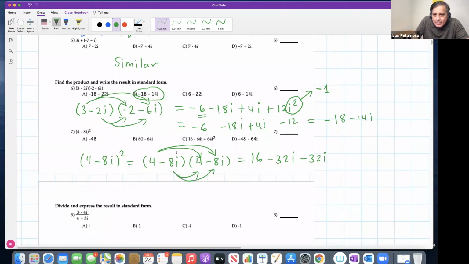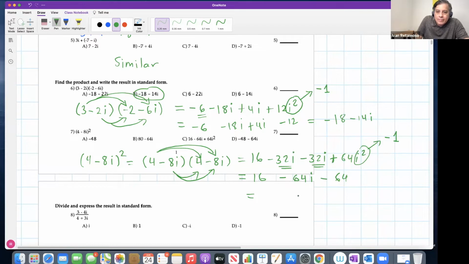Negative 8 times negative 8, positive 64 i squared, right? This i squared, do not forget, is just the number negative 1. So what you're going to get here is 16 minus 32i, minus 32i, minus 64. Don't forget the i there, right? We are combining like terms, and here I have negative 64 because of this negative 1. Once you subtract 16 minus 64,